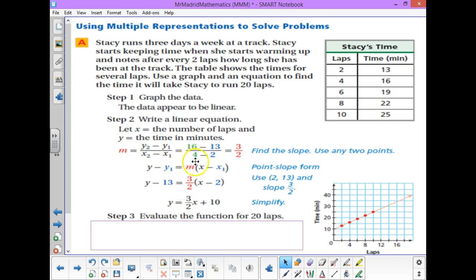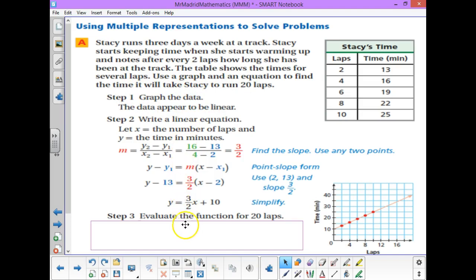Now, if you're tied up with the math, work it out there on the side at home. If for some reason you're struggling, we can look at it in class. But again, this is very Algebra 1 like. All right. So there's the equation, and they want us to find the time it will take Stacy to